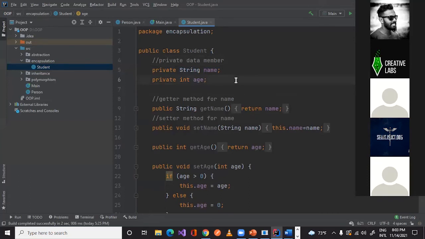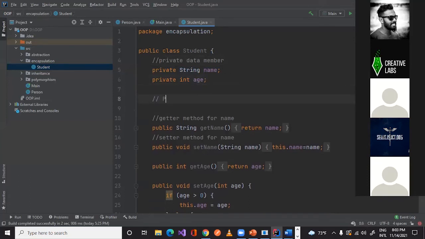Before that, have you heard about private, public, protected? What about private and public?